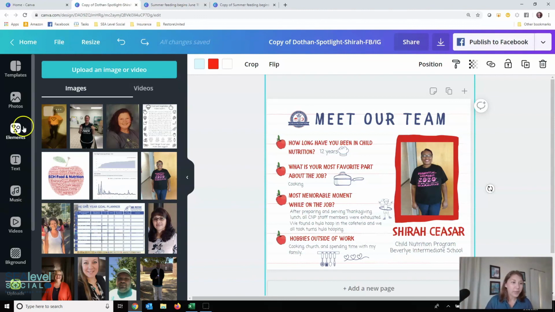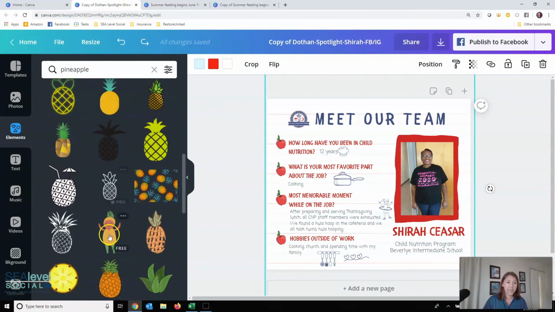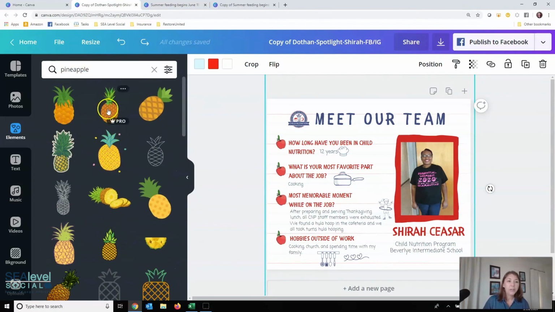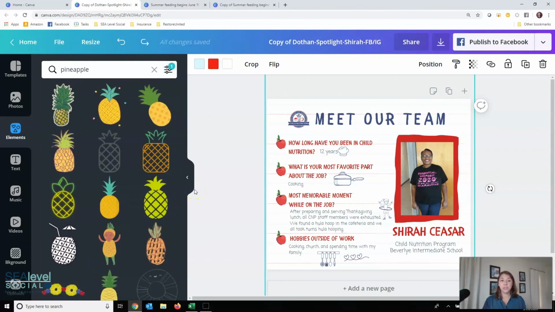Let me show you really quick. If you did look at Pineapple, Pineapple was something I looked at. If you hover over, see how it says Pro? That means I'm a Pro subscriber. That's the paid account, so I can use that for free. But if you look at free, here are all the free options that come up under Pineapple. So if you hover over it and you see free, or it says Pro,